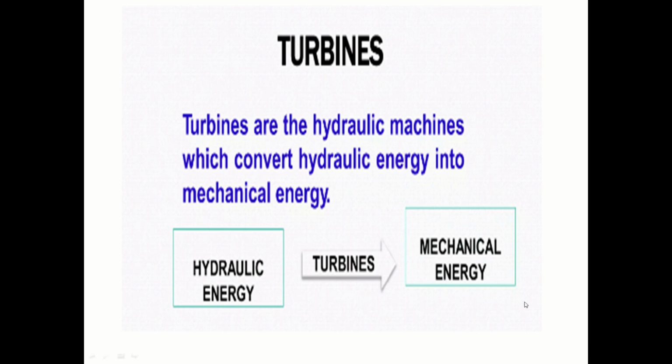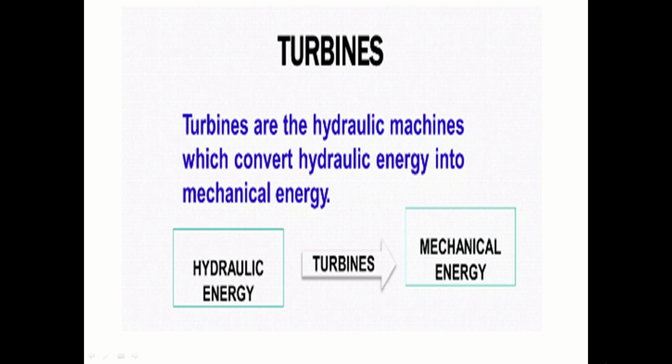See, listen carefully. The basic principle of hydraulic turbines is certain amount of water is released through penstocks from the source. Penstocks are the larger pipes. So through larger pipes, water will be carried out and the water is allowed to hit the vanes of the turbine. So that water which is hitting the vanes of the turbine is called as hydraulic energy.